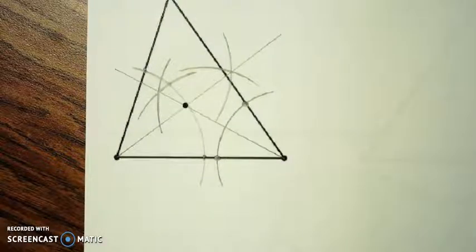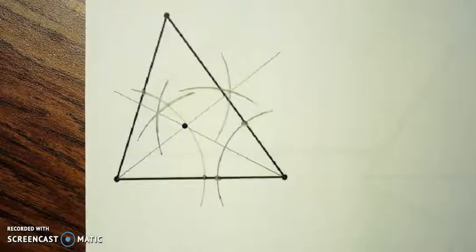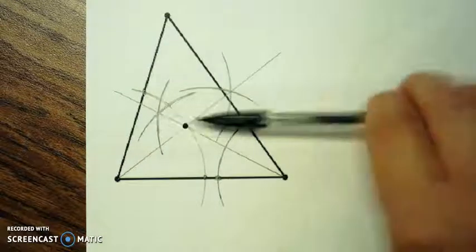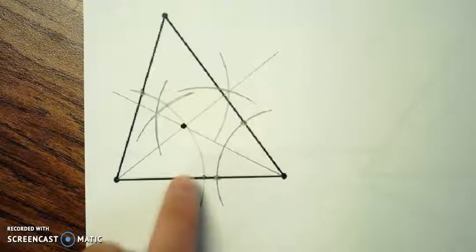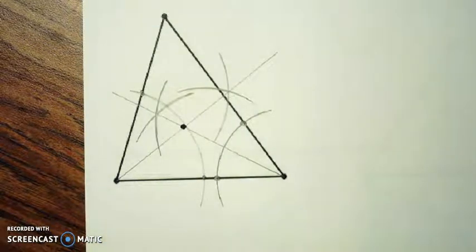Okay, now this one can look a little messy compared to some of the other constructions when we need to find the inside circle here. So what we need is the perpendicular distance between that incenter and any one of the sides here. I'm going to use this side across the bottom, so I need the perpendicular distance. So what I'm going to do to create that is